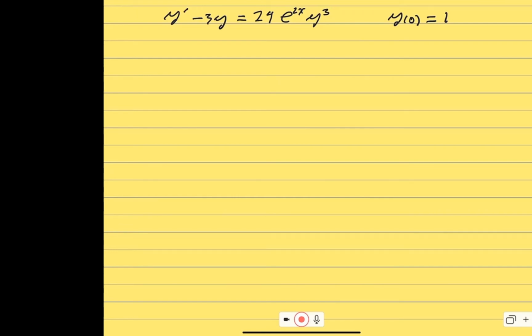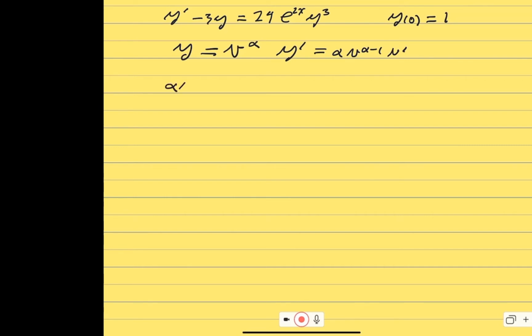Right. Here's the equation we want to solve. It's a Bernoulli equation, and we're supposed to find both the general solution and the solution with this initial condition. So the trick in these Bernoulli equations is I set y equals v to some power, let me call it alpha. Then y prime is going to be alpha v to the alpha minus 1 times v prime. Plugging this into the equation,